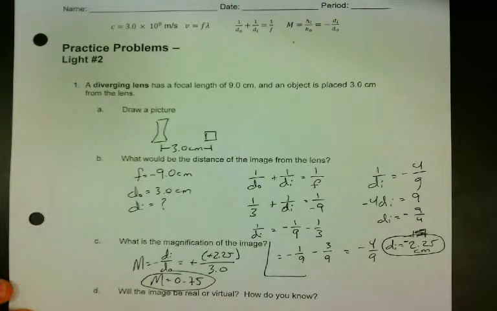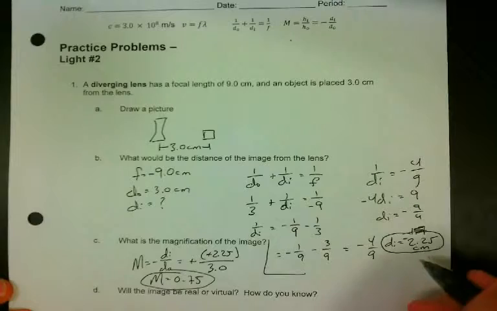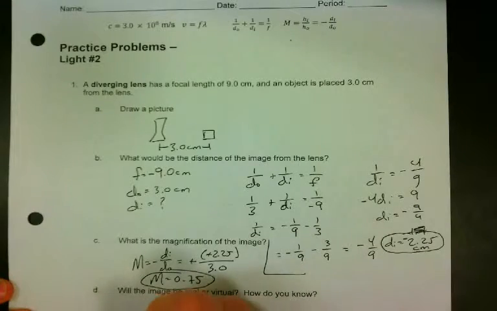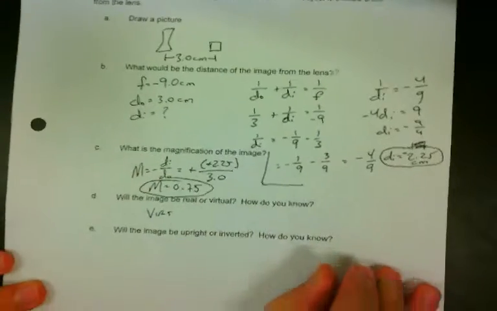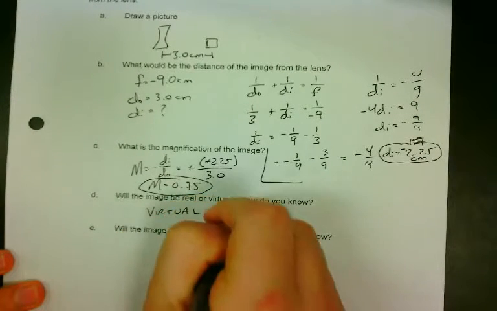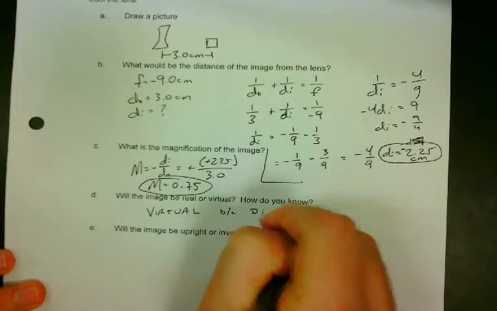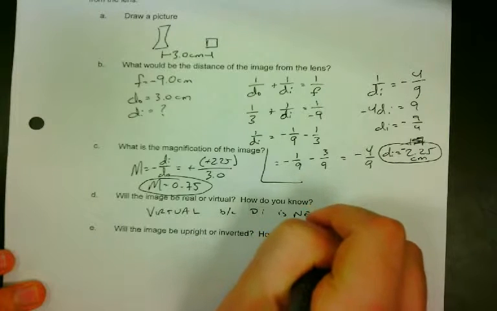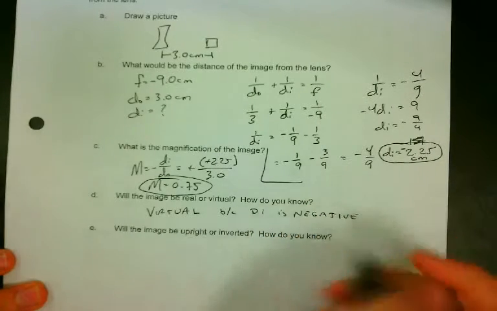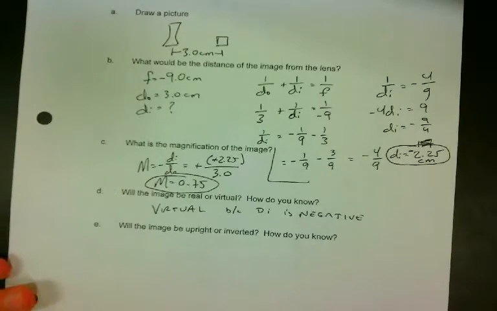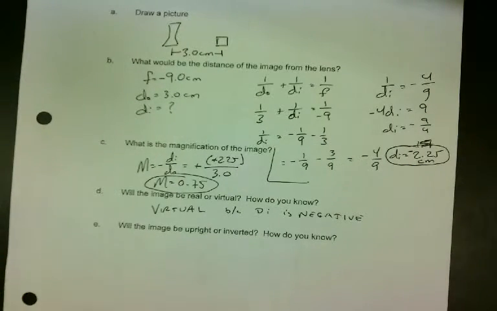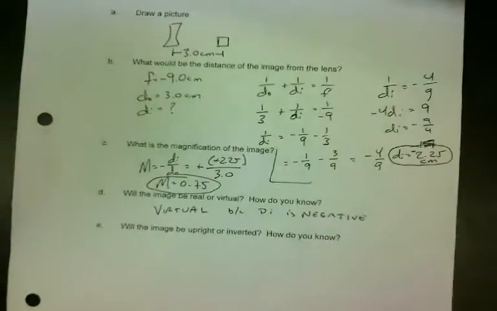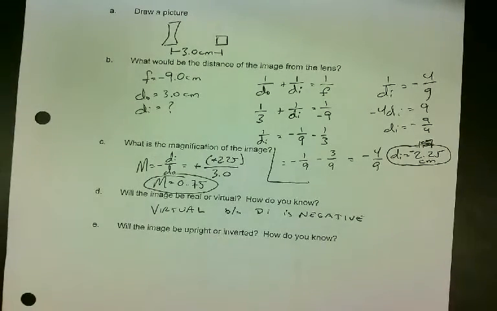Is this image real or virtual? Well, di is negative. That probably means it's virtual. Is it upright or inverted? Now, this is something that we haven't really talked about so much. Technically, whether it's upright or inverted is based upon the sign of HI. But there's a trick you can do